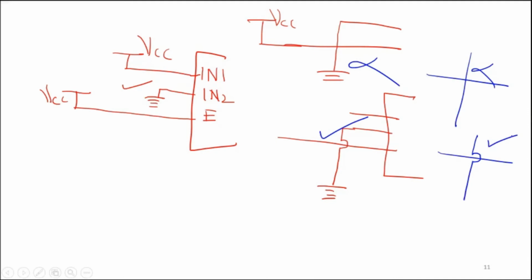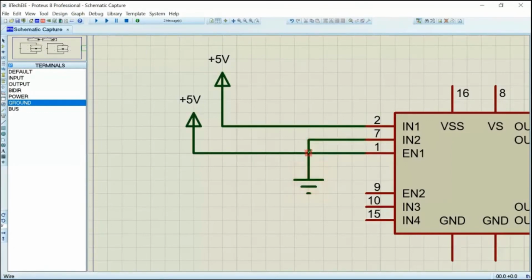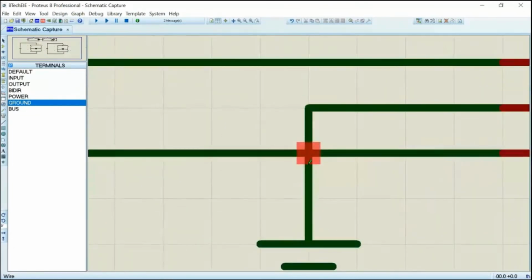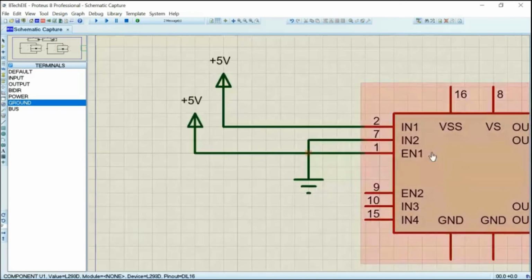Yes, sir. Okay. But the computer program doesn't bother about it. It will still cross it, and they are still not physically connected. Only when there is a dot, there is an electrical connection. Other than that, we don't have to bother about it. So what is the notation here? In 1 is connected to power supply, in 2 is connected to ground, and the enable line is connected to power supply.